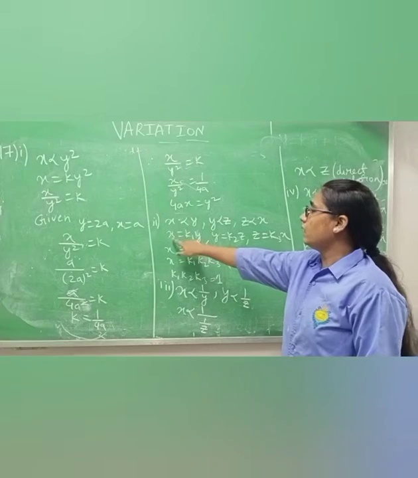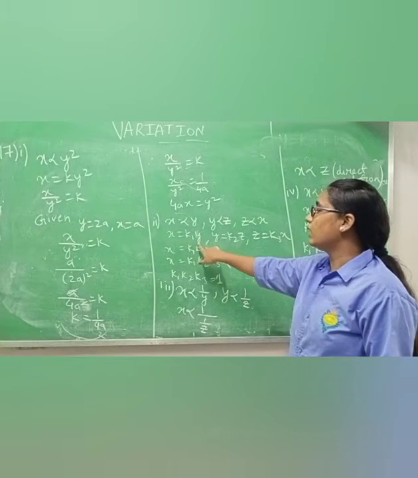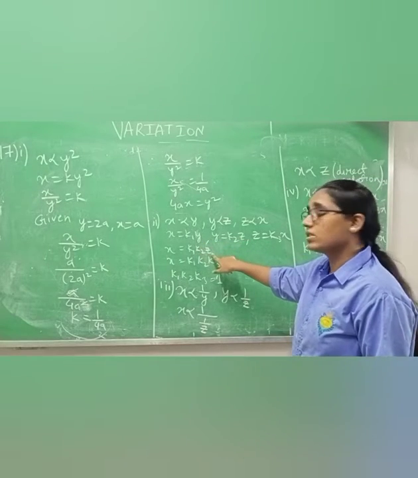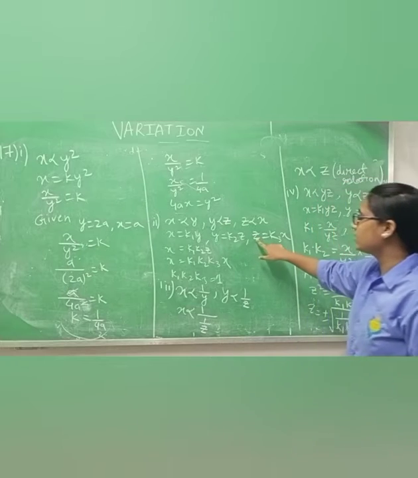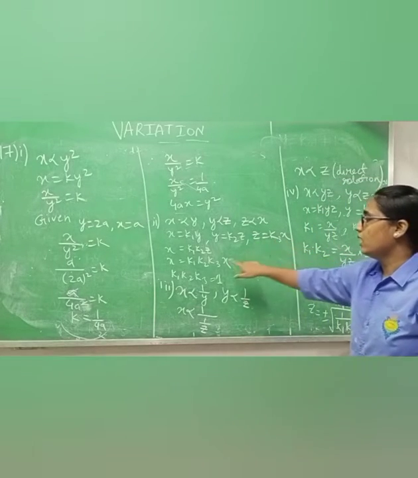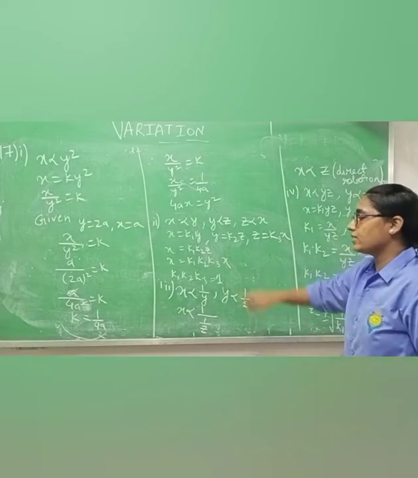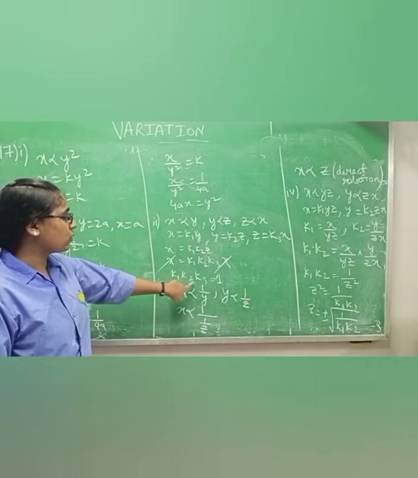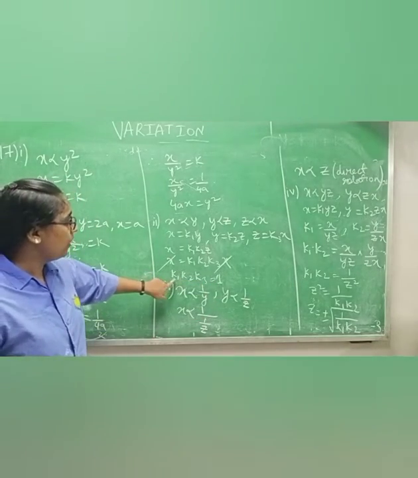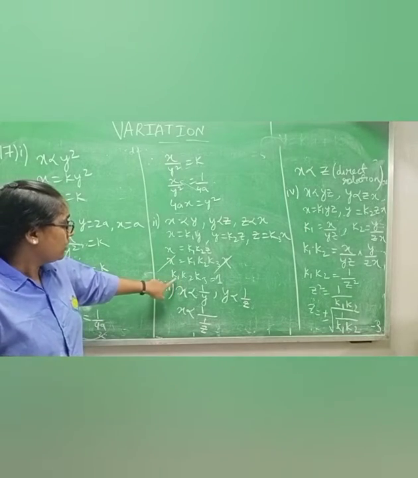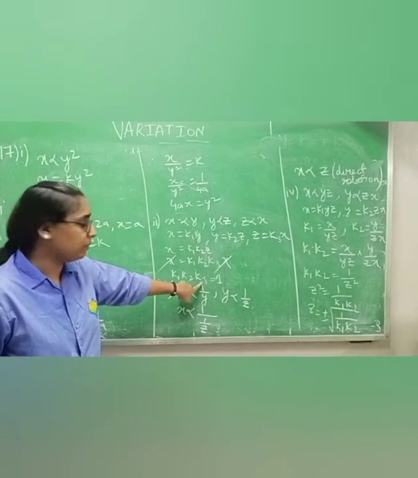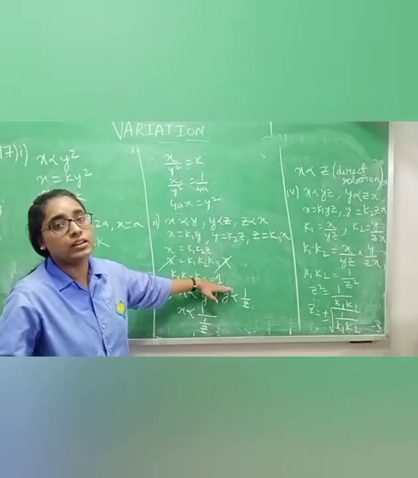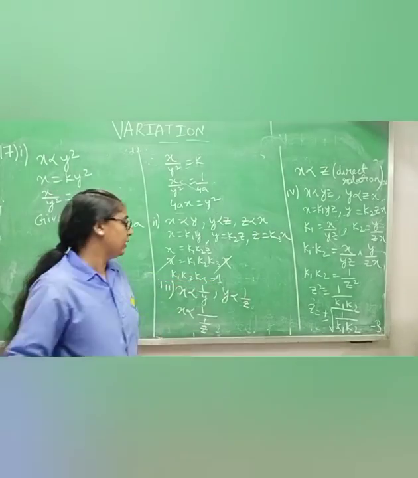Now you can see in the first one, x equals k1y. The y value we already know from here. The y value is k2z. So in place of y, I am putting k2z. Again, the z value we know. What is the z value? z equals k3x. So in place of z, we will put k3x. Now x will cancel from both sides. Now you are getting k1, k2, k3 equals 1. Product means product of non-zero constants. See, the product of k1, k2, k3, the constant terms, equals 1. Product means multiplication between k1, k2 and k3, and what we are getting? 1. 1 means non-zero constant. True.